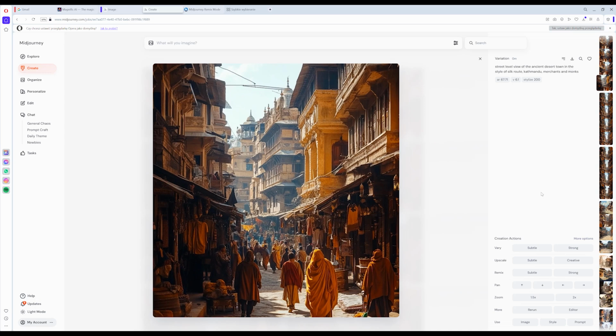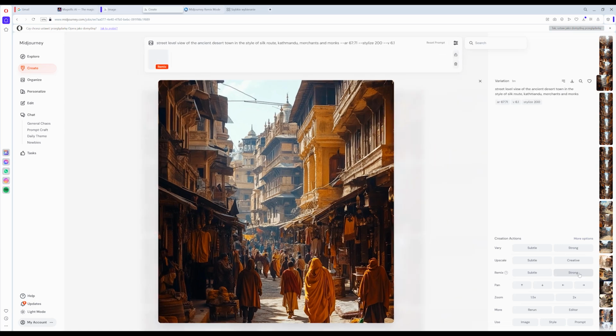Anyway, moving on. Next up, another way of exploring and research in Midjourney is using remix. And remix works similarly to vary, but it allows us to modify the prompt. It's incredibly fun and powerful as well. We can take this image, we can change the prompt, and we can even change the stylize, raw, anything